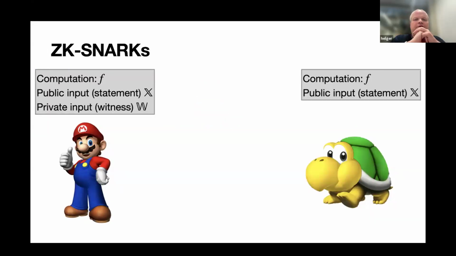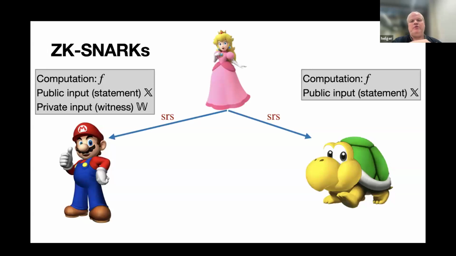Because already 50 talks in this conference are about zero knowledge, I'm not going to introduce the topic much. I'm just going to mention that in the case of ZK-SNARKs, you usually have a description of some computation F that is public. Then you have a public input or statement X, and then the prover has a private input or witness W. And then in the non-interactive setting, you